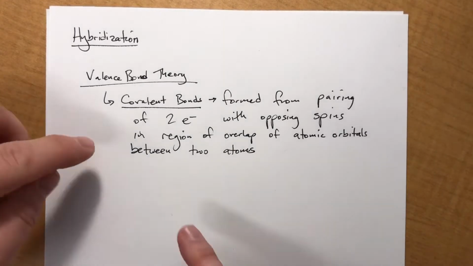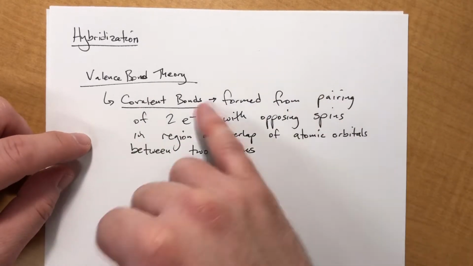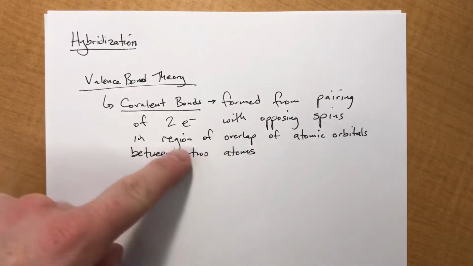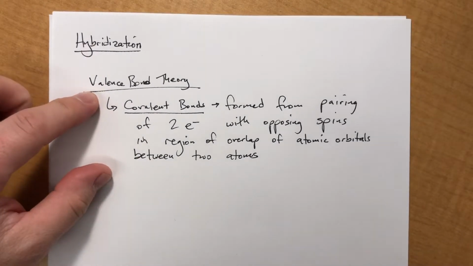Valence bond theory is not great. This concept that I'm about to talk through is relevant and it makes sense and it works really, really well. But in practical application, this falls short almost immediately. So we're going to take this tiny little part of this theory and combine it with what we can predict from VSEPR theory and try to explain what's going on. So valence bond theory